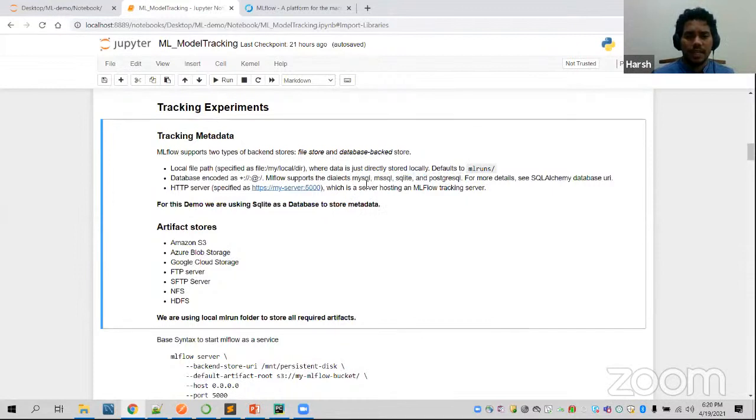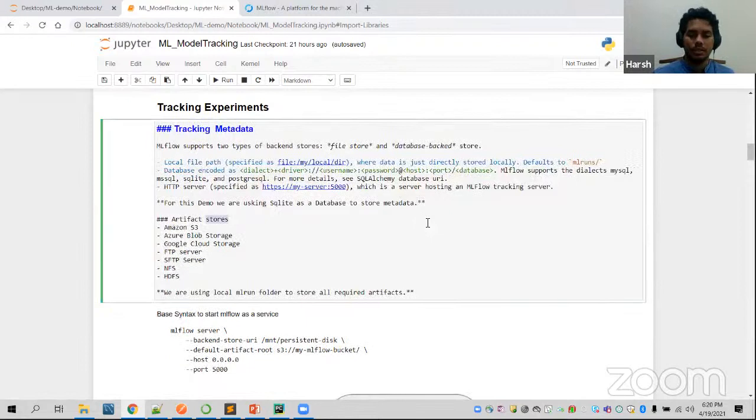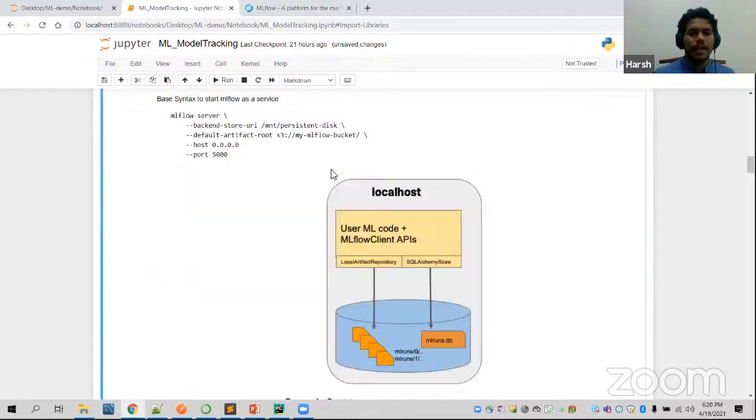It can be MySQL, MS SQL, SQLite, PostgreSQL. These are different types of databases which you can connect using SQLAlchemy. To run this experiment, I did it locally so that we don't have to deal with some dependency with a database. SQLite is an open source Python database which we can use. And similarly, we have one more thing called